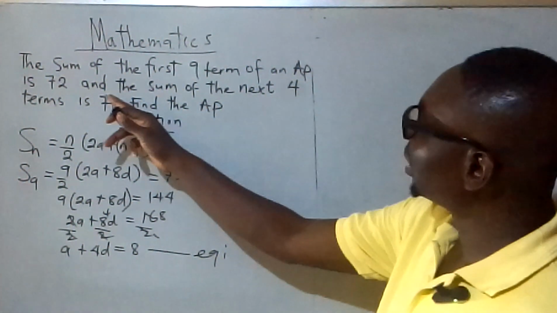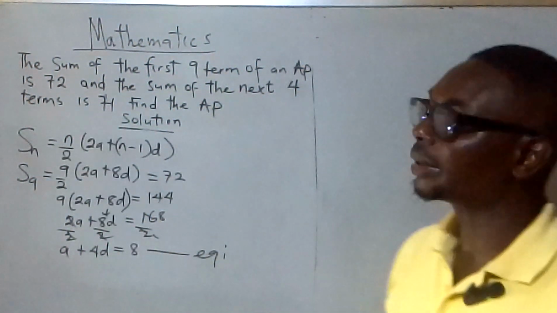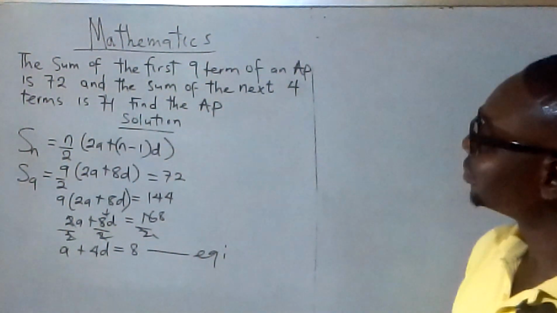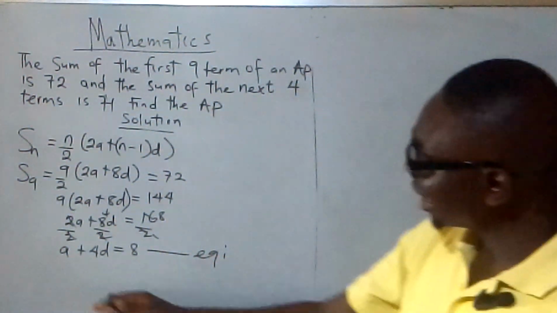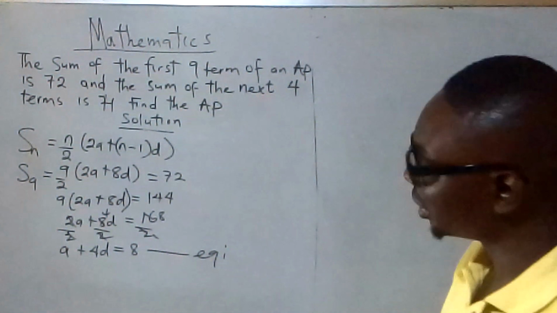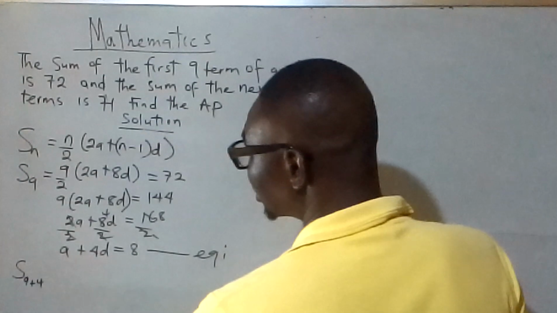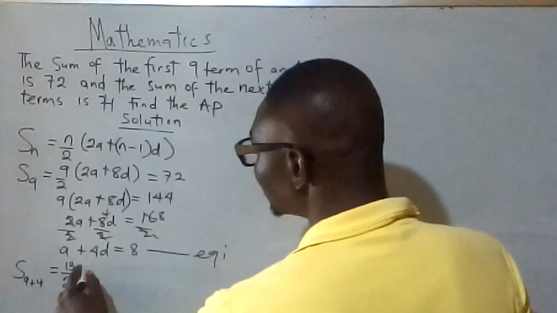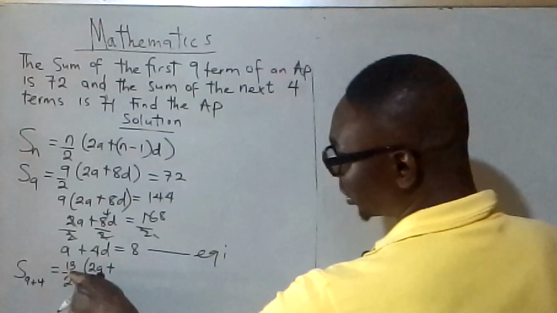Now, the question goes further and says the sum of the next 4 terms is 71. The first 9 terms is 72, and the next 4 terms after that is 71. So we can combine the 9 terms and the 4 terms to be 13 terms. So the sum of the 13 terms is equal to 13 over 2 into 2a